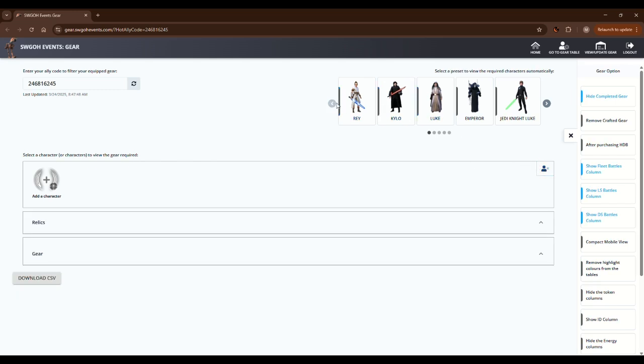All right, so that's HotUtils along with this SWGOH events gear tool. In order for this tool to work with your data, it does require a HotUtils subscription. If you don't have a subscription, you will be able to use this tool, but it will not be able to pull in your current quantity of material. You would literally have to go in game, find how much material you have, and punch it in there, and it won't save it once you go away from it. So if you close out the screen, it'll go away, and you have to do it all over again. So really, this tool is useful